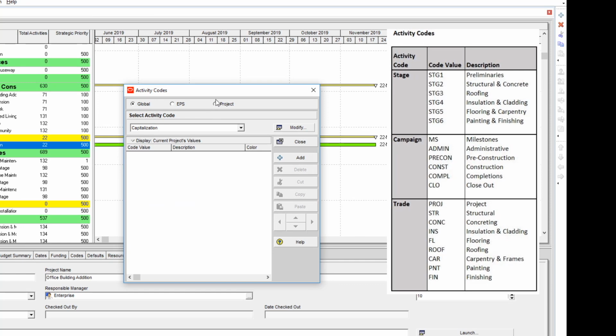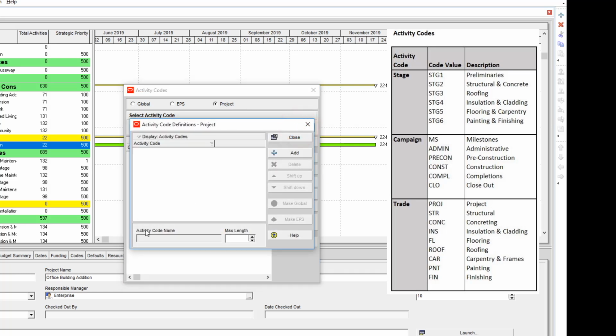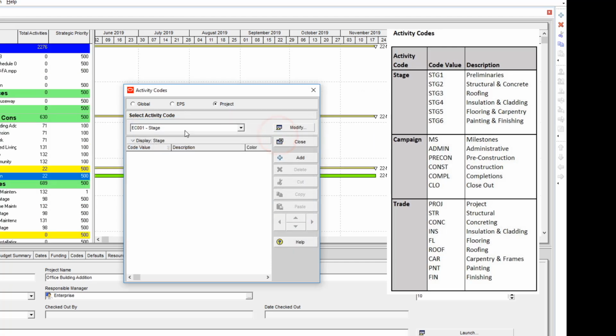Select the Project option at the top of the pop-up window. You will see that the window is currently blank, so we will need to create our first activity code by clicking Modify on the top right of the window. The Activity Code Definitions window will open for the project. Click the Add button and rename the new activity code to Stage. Then click Close and you will now see our first activity code displayed for our project,